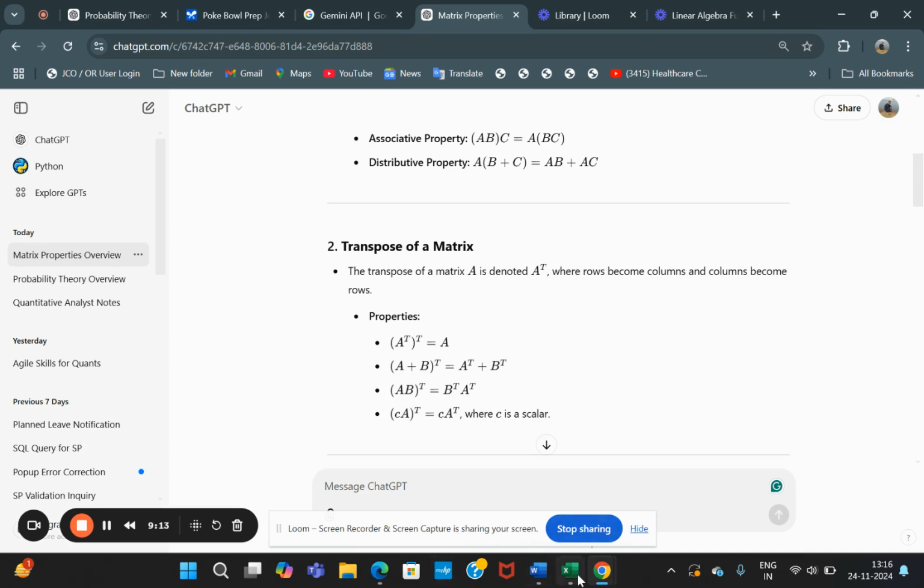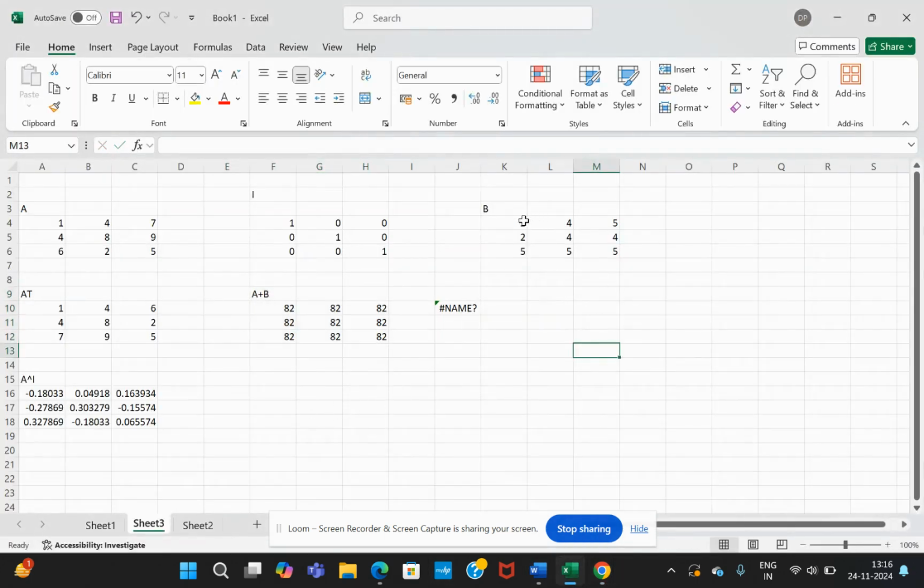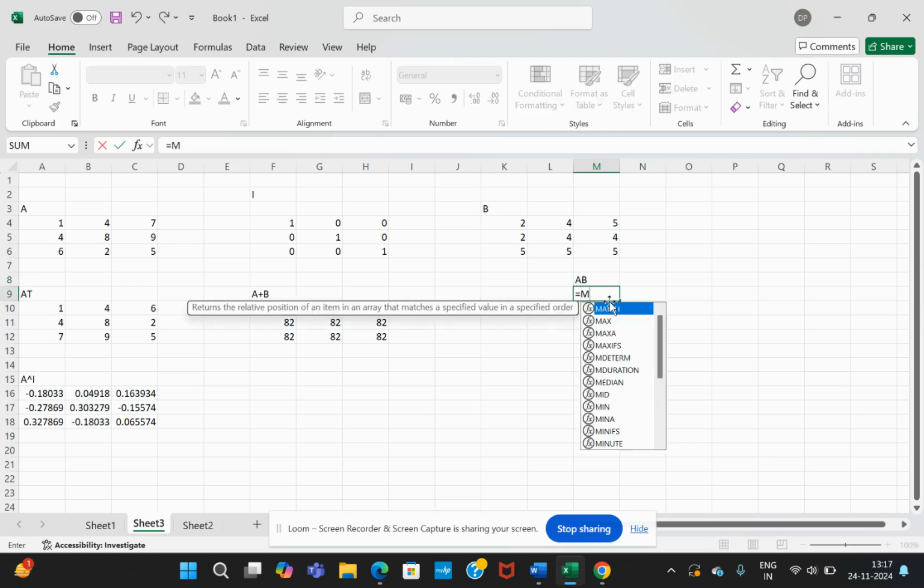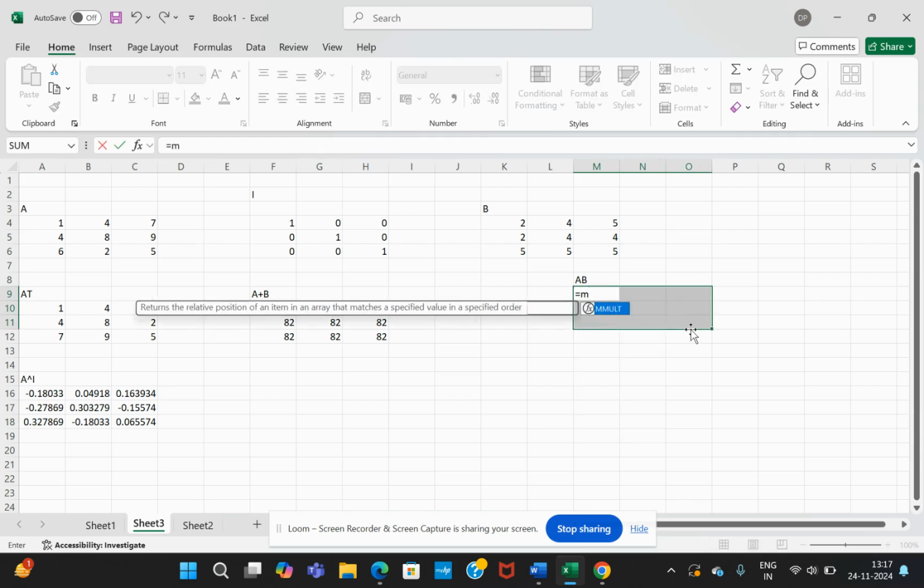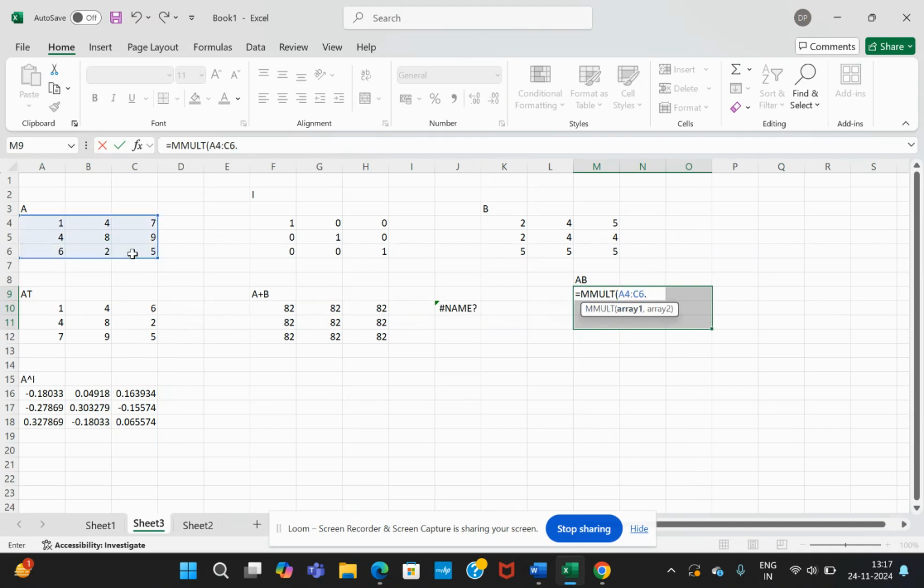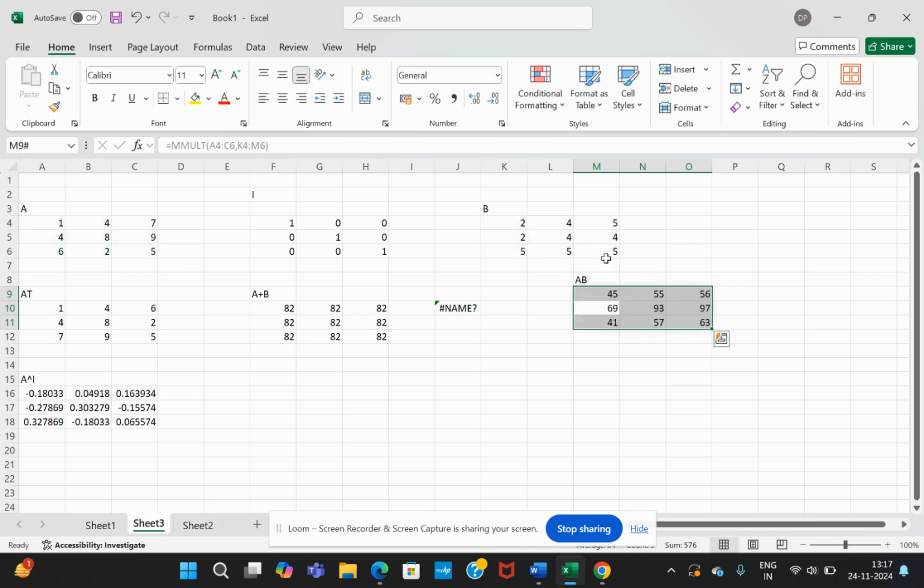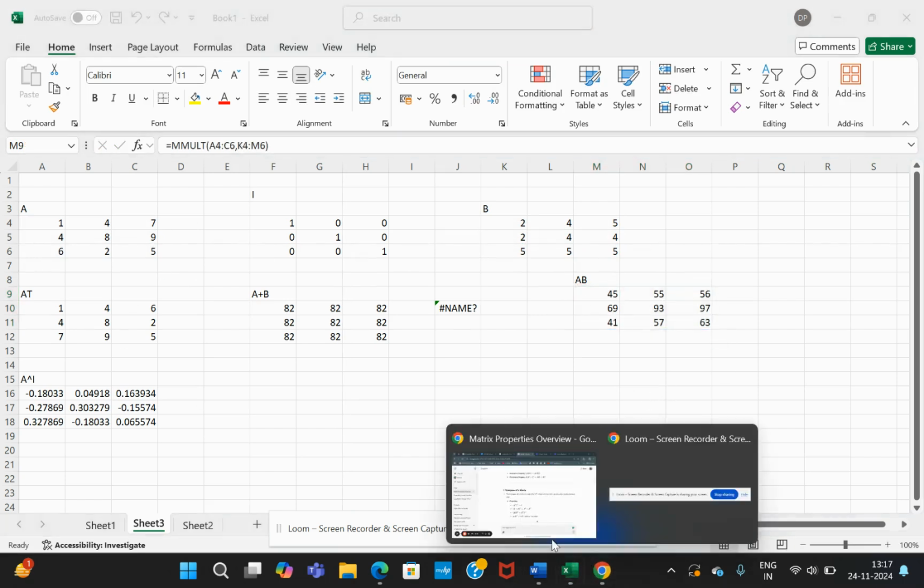So let's move to the matrix multiplication. Let's multiply the matrices A and B, so A into B. You simply put equal M. Let me consider the 3 by 3 cells first. Let's enter M, M mult, and then select the A matrix, simply select the B matrix, and just press the enter button. So we will get the product of A and B. The simple functionality is M mult. We use it for matrix multiplication. Okay, and then